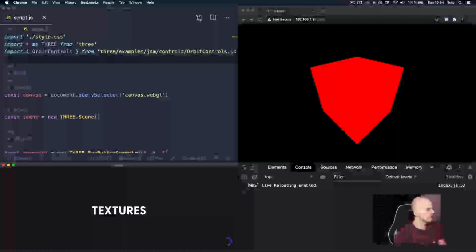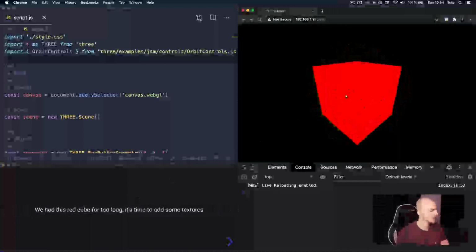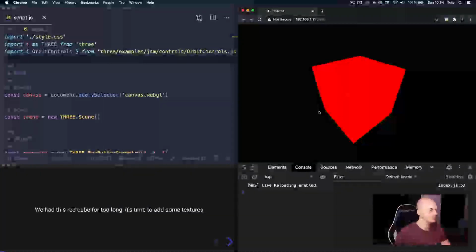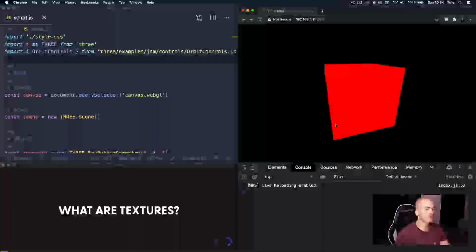In this lesson, we are going to talk about textures. We have been using this cube for far too long and we want something else. I mean, it's a beautiful cube, but we need to add more to this scene. And we are going to add textures. But first, what is a texture